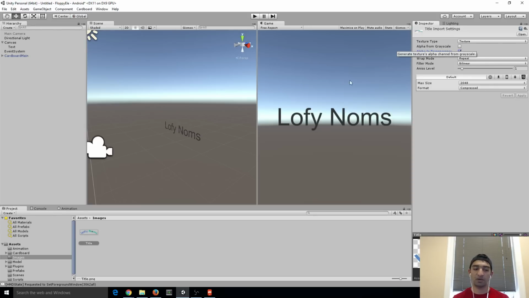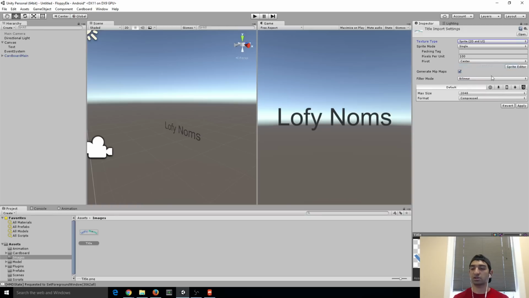Awesome. So the other thing we're going to want to do is, textures usually apply to 3D models, sometimes to other things, but when we're talking about UI, we're going to use something called a sprite. And you can see that here it's 2D and UI. Perfect. And honestly, if you're coming from a drawing background or a painting background or anything like that, somewhere where you do 2D art a lot,